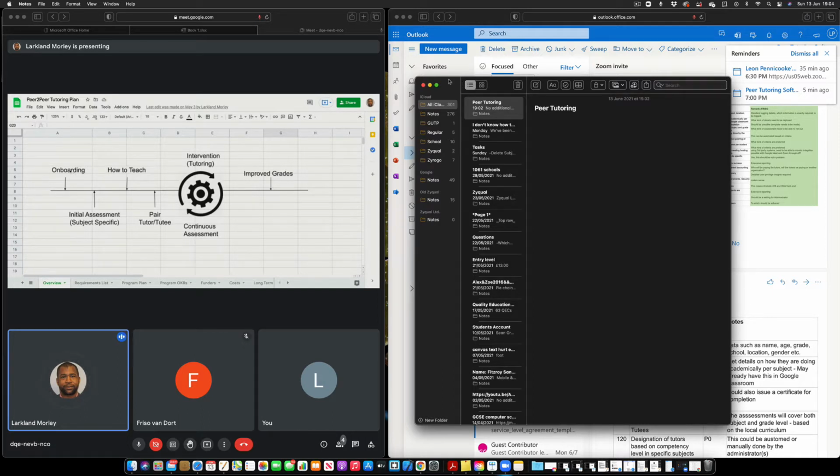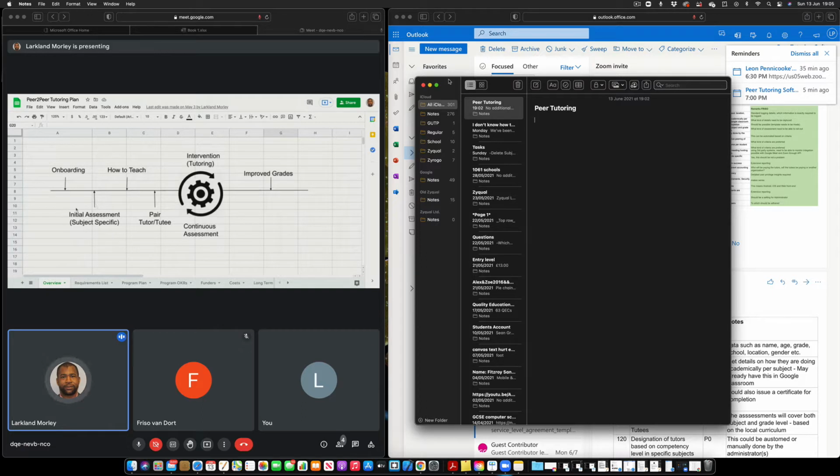So you're going to have some kind of onboarding process, right? The school, I think, already uses Google Classroom or something like that, but whatever the process, you need to onboard the student into it. In other words, you need to collect their data, whether it's their name, age, grades, that kind of stuff.